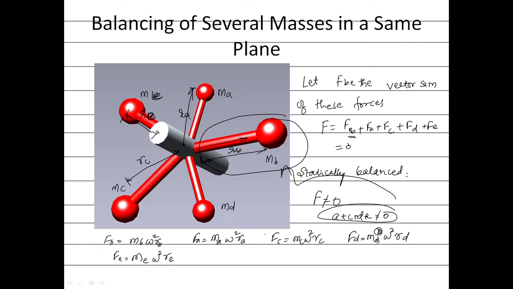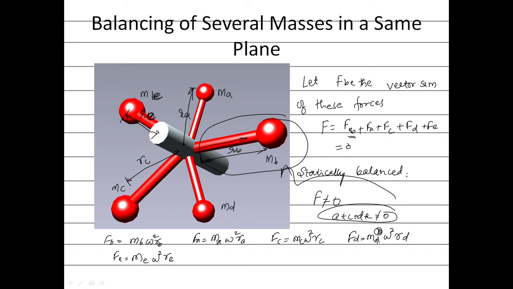are combined, and the masses of all these should lie on the axis of rotation. So now let us look at what possibilities there are. What is the condition here? The condition is that the summation of all these forces should be equal to 0.